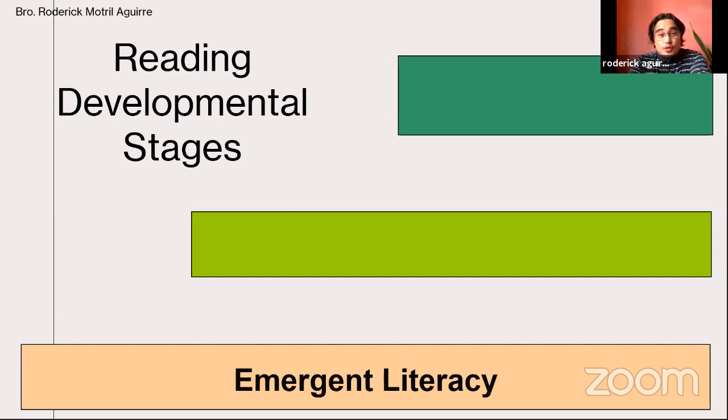more inclination to easily learn how to decode because they have a lot of experiences. They can retrieve from their long-term memory to be able to give meaning to what they are reading. Okay, so I suggest that in the emergent literacy, especially for 0 to 5 years old, the preschool, is that we provide them with lots of literacy activities like talking to them, reading to them aloud,